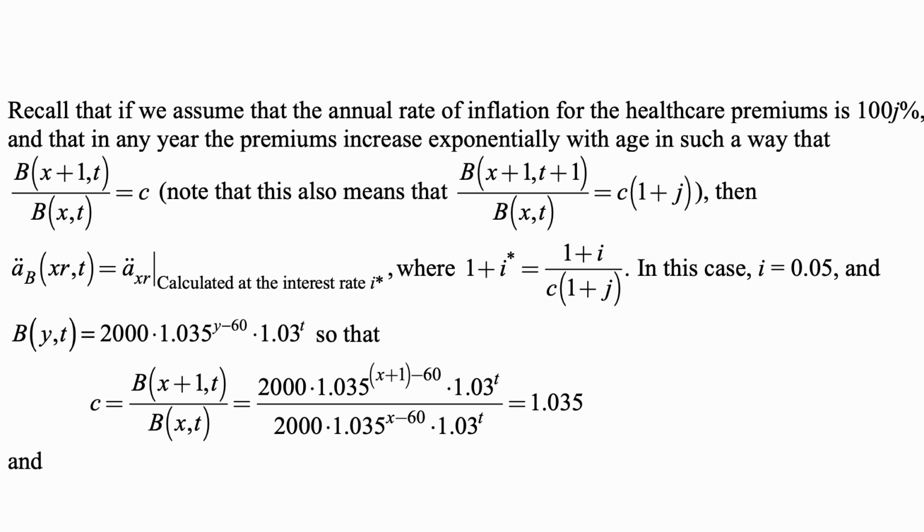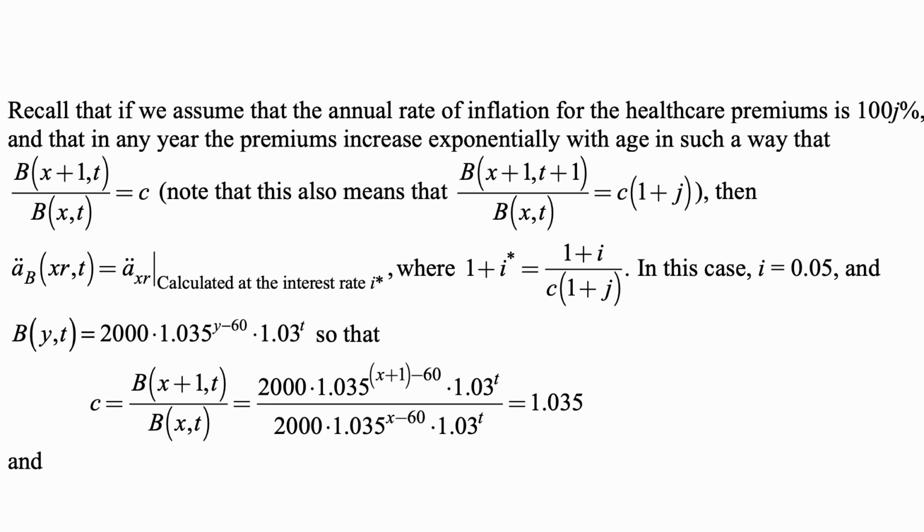And in my study manual, you have this information that if we assume that the annual rate of inflation for the healthcare premiums is 100 times j%, and that in any year the premiums increase exponentially with age in such a way that b(x+1, t) over b(x, t) is c, so that b(x+1, t+1) over b(x, t) is c times (1+j). So the rate of healthcare premium inflation refers to passage of time, and the factor c refers to the age of